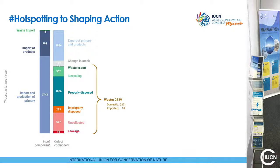And then on the output side, we try to account for what goes into stock. By stock, we mean long-term closures of plastic where it's held for many years. PVC, for example, that goes into pipes or buildings, we don't account for in our leakage computations. But what goes into society as products, like carrier bags and bottles, these are short-lived products, so those are the ones we try to account for in terms of where they end up and how they contribute